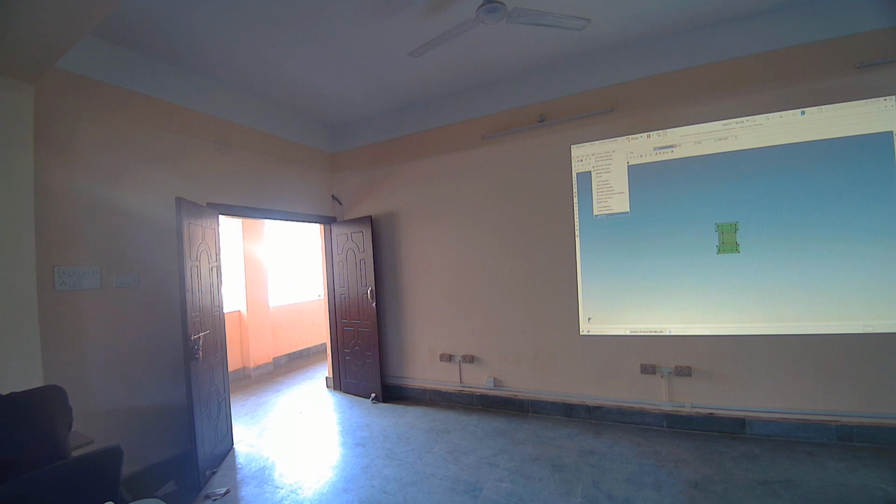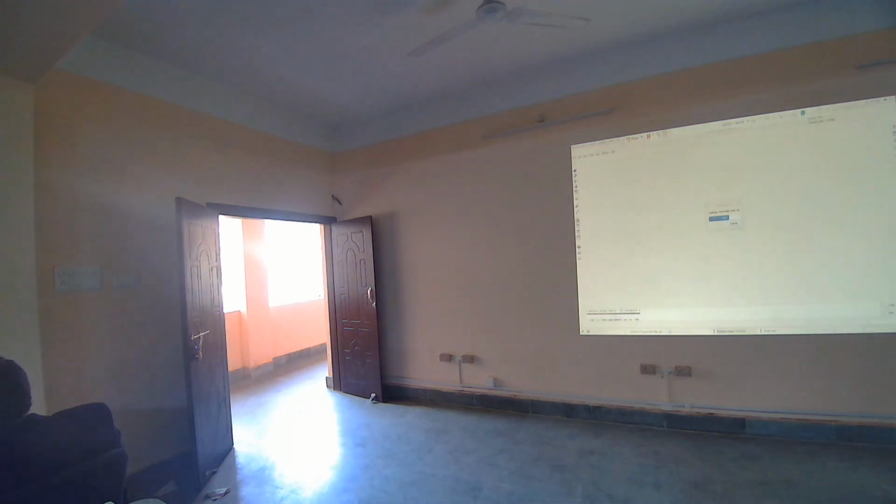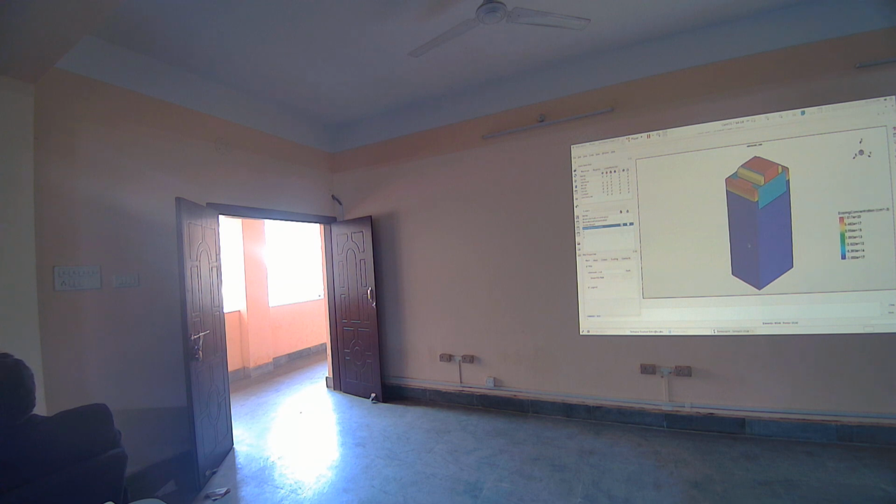Once you click on this build mesh, it will automatically call SVisual, and you will find the result. This is how the geometry looks that we have created right now. This is the result of it,